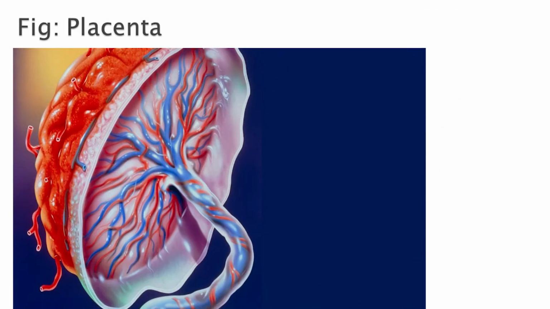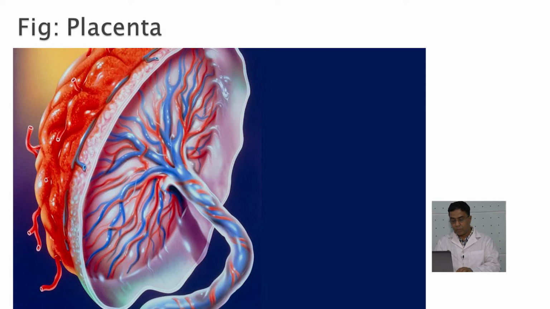Now morphology of the placenta. In full term placenta, the shape is disc-like, diameter 15 to 25 centimeter, thickness 3 centimeter, weight 500 to 600 gram. Surface: there are two surfaces of placenta, maternal surface and fetal surface. Maternal surface is rough and irregular, has 15 to 20 slightly bulging areas called cotyledons. There are grooves between the cotyledons.